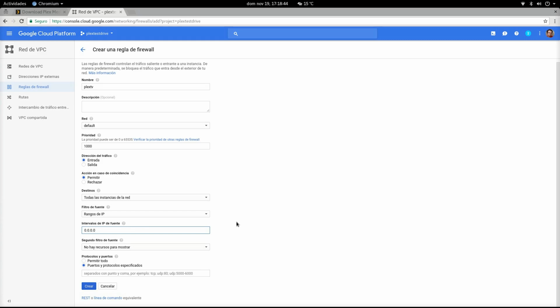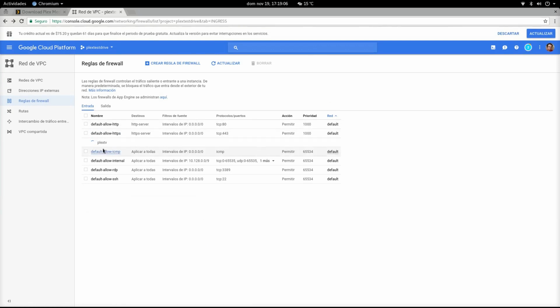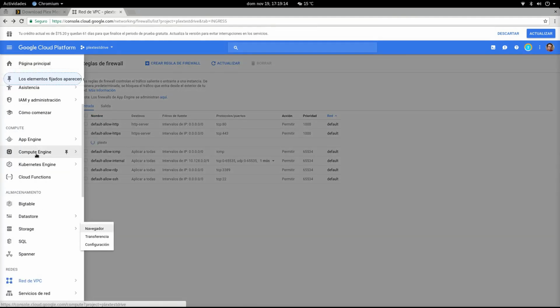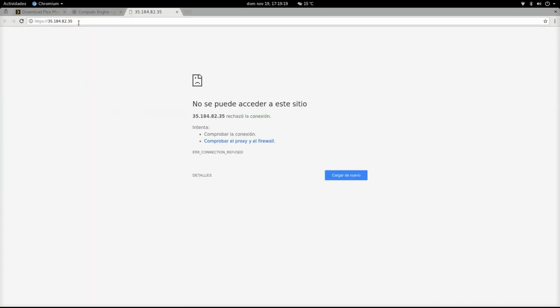0.0.0.0/0, and then here we would type TCP 9091. This is the first port that we have to allow, which is the transmission port. So we will create this one. We will be waiting for a bit until it deploys. So while we get this done, we can go back to the VM, and we can log into the transmission